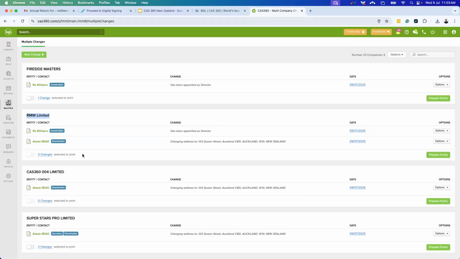So for RMW Limited, we can actually see it stacked on a change as Alexia is actually a shareholder. This makes sense as we did actually do a joint member share issue to her earlier in today's webinar. For CAS 360004 Limited, she is also listed as a shareholder, and then the same applies with Superstars Pro Limited, where she is both a secretary contact and a shareholder contact. Now you will also see that that change has also been added on as to what type of change is taking place. And now if we go ahead and take a look at preparing the forms,